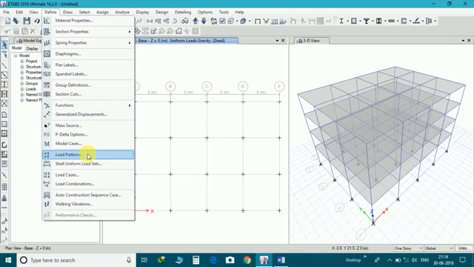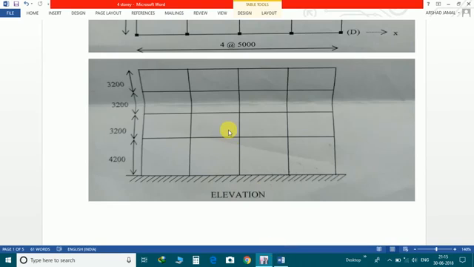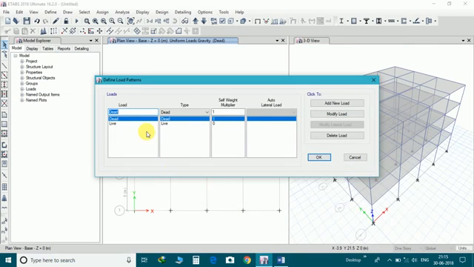Now we will define the load pattern. Here in this problem no size of beam and column is given, only the live load and dead load lump weight is given. So here for dead load the self weight multiplier is 0, and modify it.